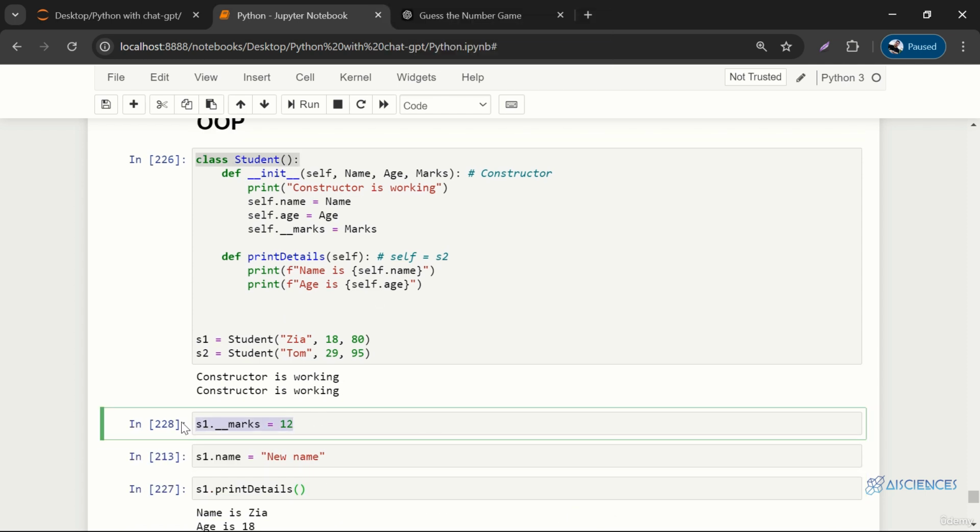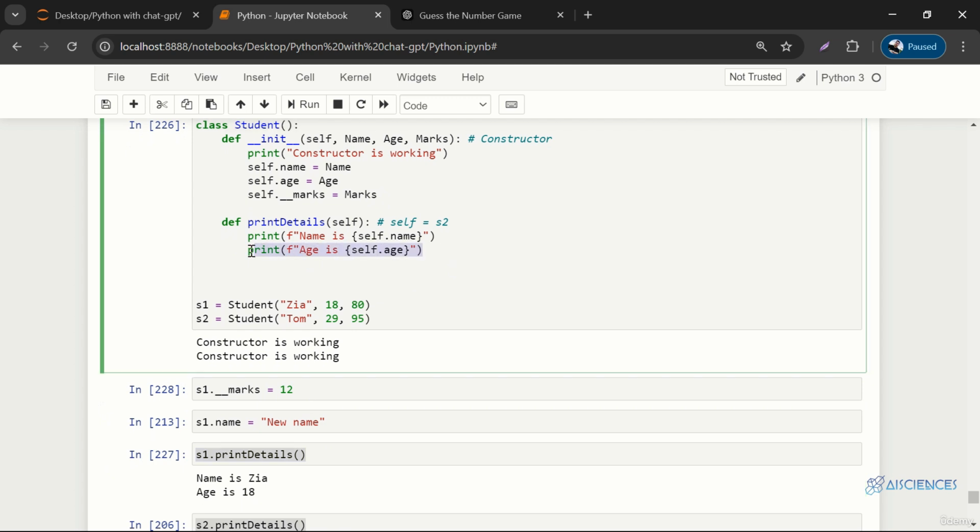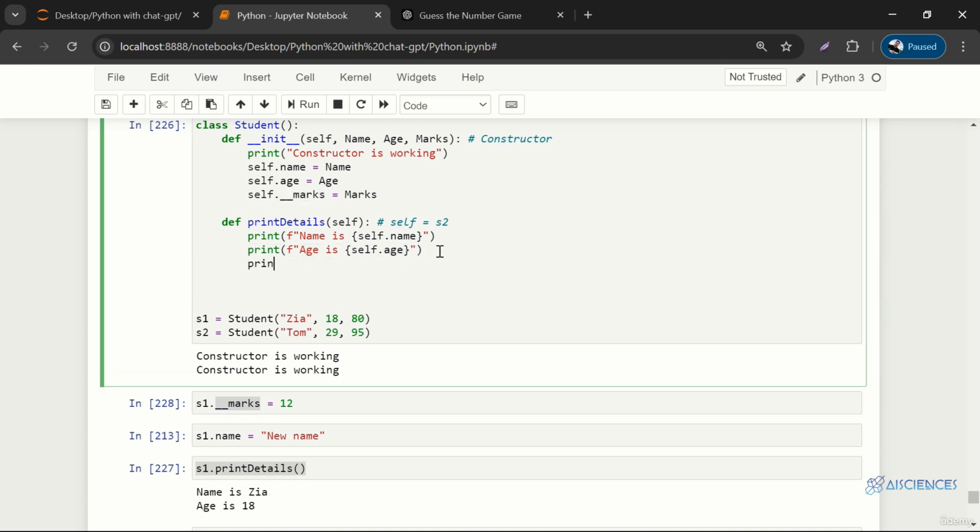Although I ran this cell, it did not give me any error, but if I show you the marks over here, the marks will still be 80. How can I show you that? I cannot access double underscore marks outside this class, but I can access these marks inside the class. So I can show these marks over here. So I'll say print, and I'll do all these things inside the print statement. So I'll say instead of age, self.__marks,